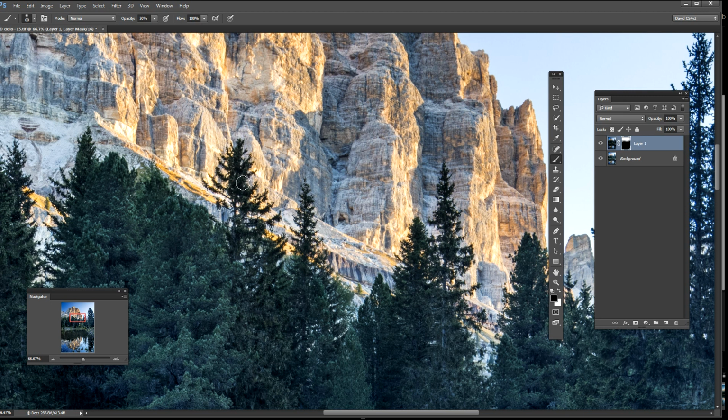paint and just lighten up this bit of the tree here, being careful not to affect the rock behind. Now I use a graphics tablet here, a Wacom graphics tablet, for this sort of work, and actually it's pressure sensitive, so that means that when I'm doing a little bit of the tree here,